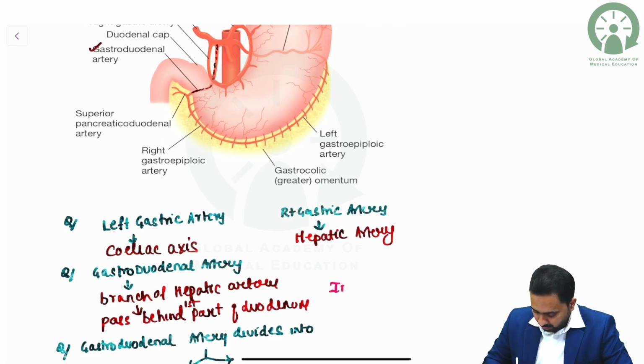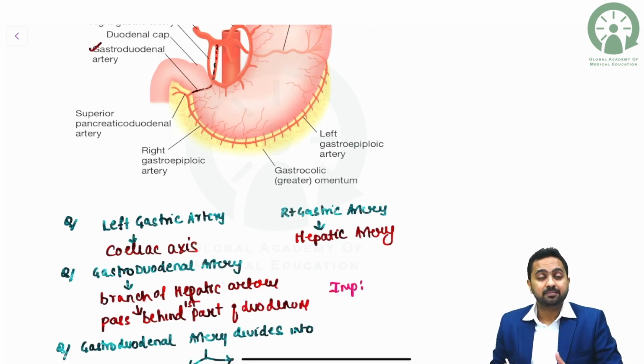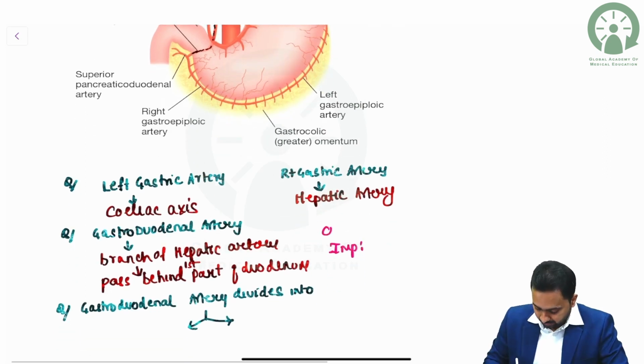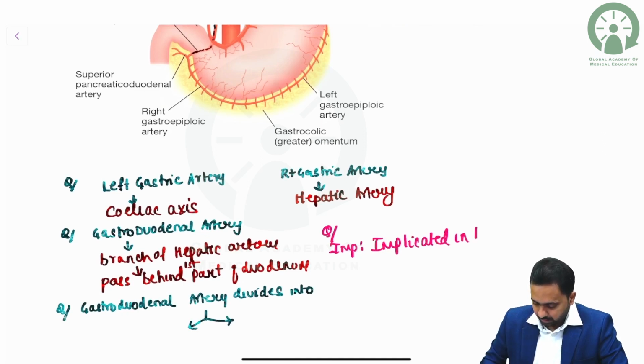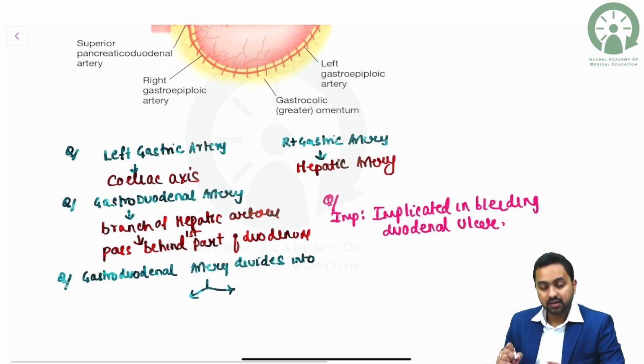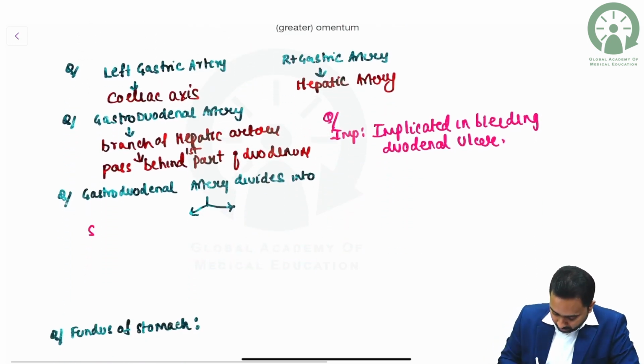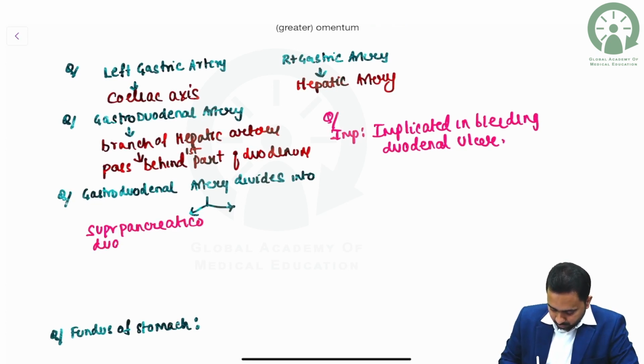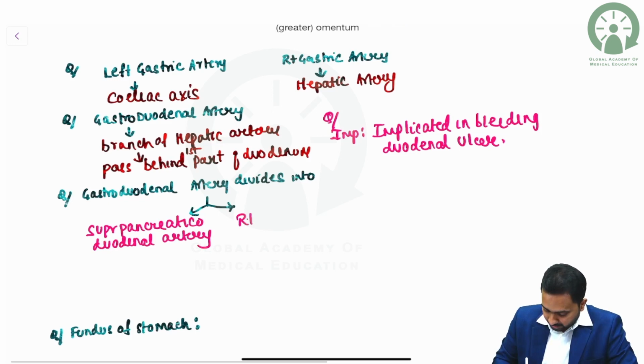So implicated in bleeding duodenal ulcer. Then this gastroduodenal artery divides into the superior pancreaticoduodenal artery and your right gastroepiploic artery. So this right gastroepiploic artery in your greater curvature anastomoses